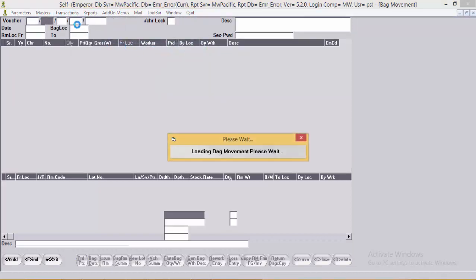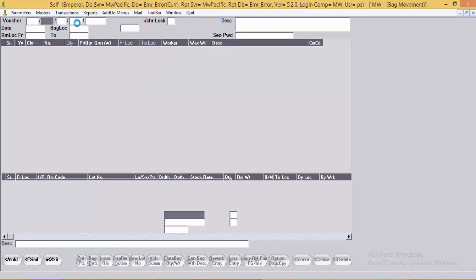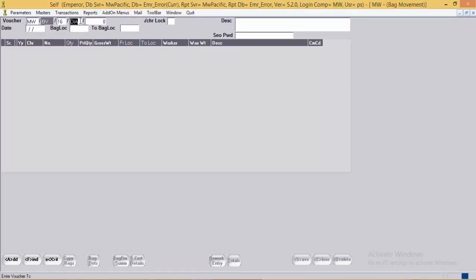Bag movement entry again. The bag location over here.